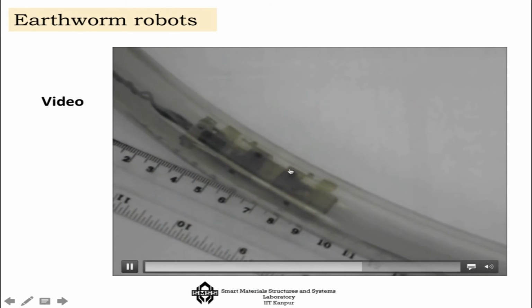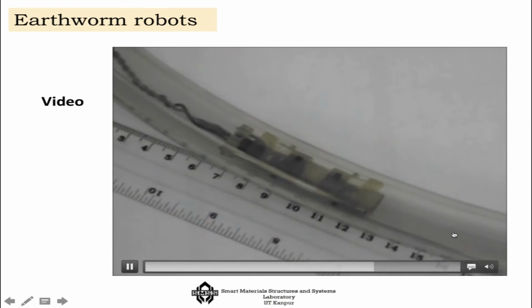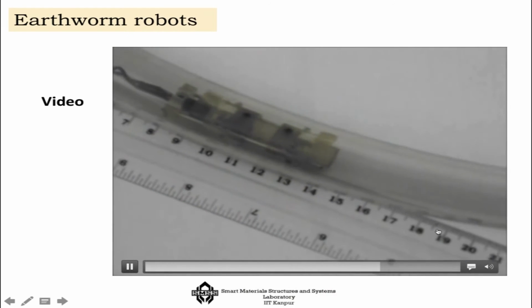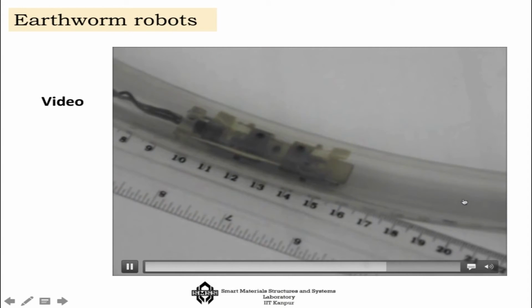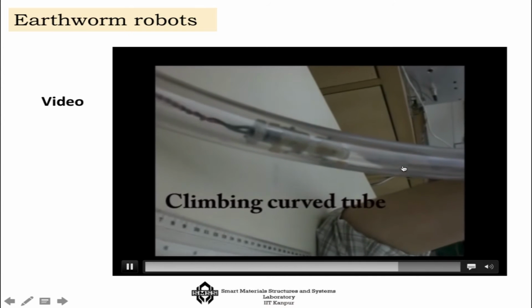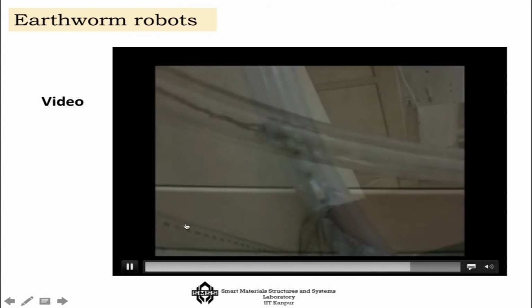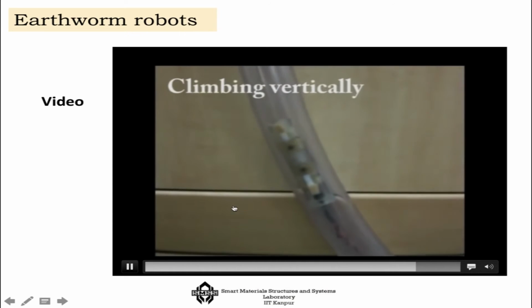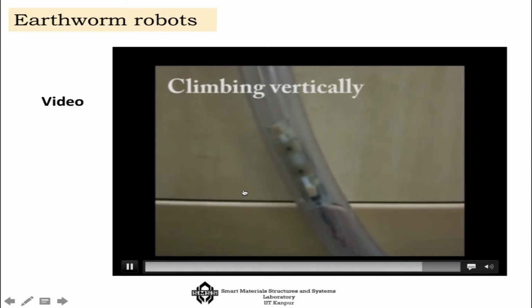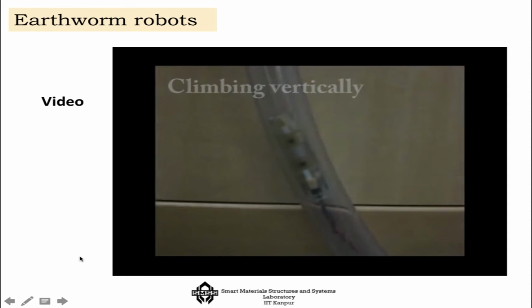And here you can see how nicely it is going inside a pipe, and if you have sensors, it can actually monitor the nature of changes that are happening in the pipe, and it can do that both upward and downward. So you can have a versatile movement that you can generate out of this system. So this is what it is about the magnetostrictive material.